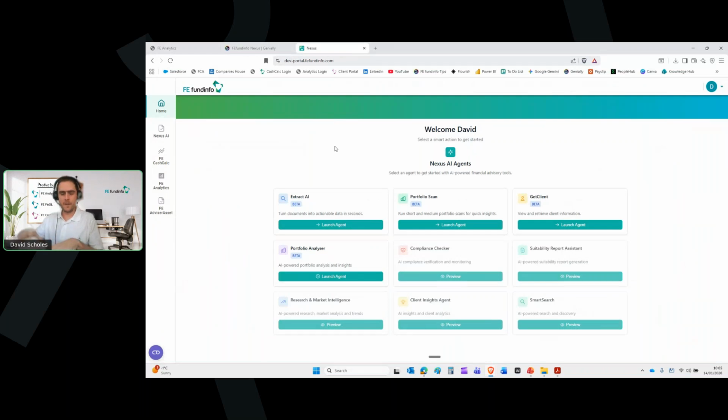This is what your logins will look like. So those of you that are already using some of our applications, Command Deck, CashCalc, FE Analytics, your logins will look like this in a matter of weeks. When you log into those applications, you'll simply be presented with this screen. These are some of the AI agents that we're starting to build out now, but on the left-hand side are the individual applications. So I can dart very quickly into CashCalc, into FE Analytics, into Advisor Asset,